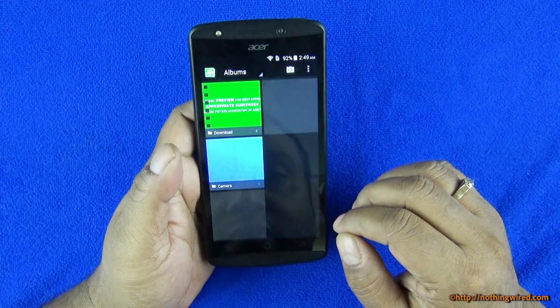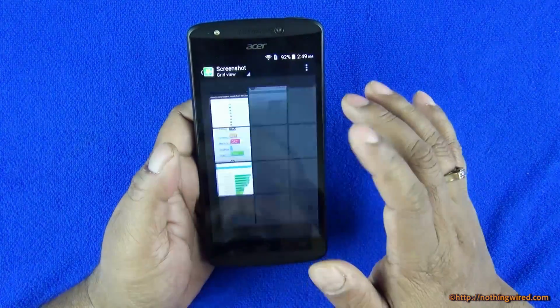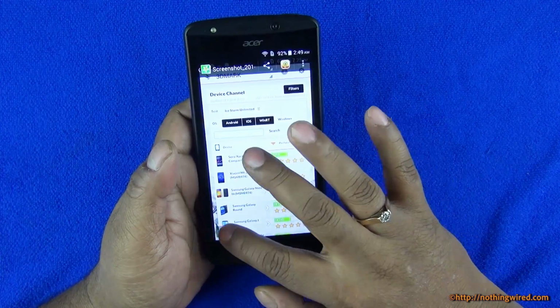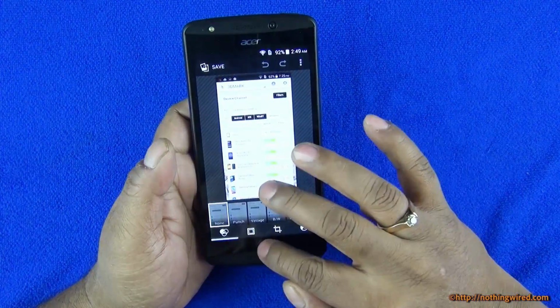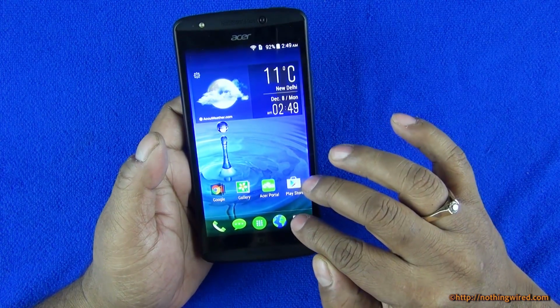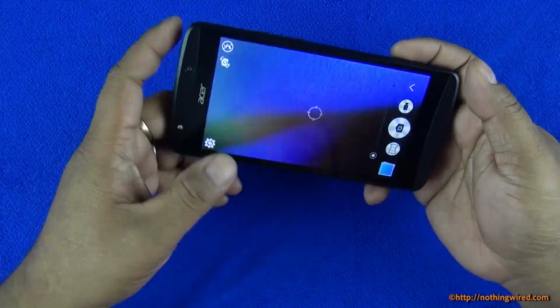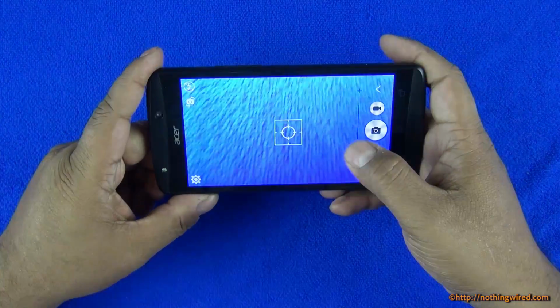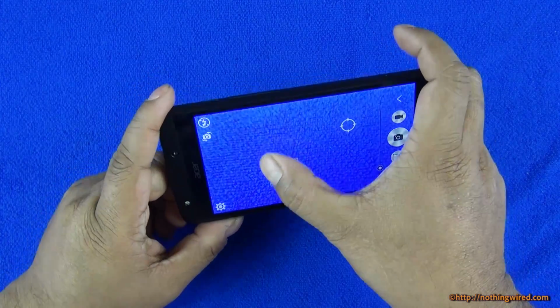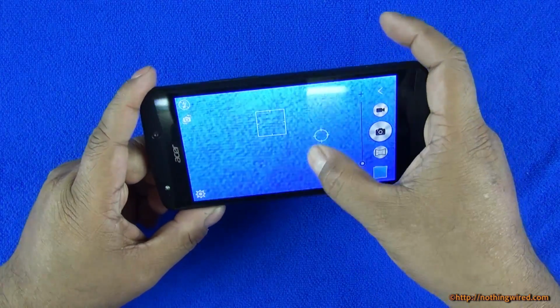I don't know. You have gallery, so all the photos and videos are arranged in stacks. You can go ahead and we can edit those. So pretty much like the stock, and you see, not much difference out there. Then your 8MP camera. Yeah, so you have the focus points, you have the exposure scales,